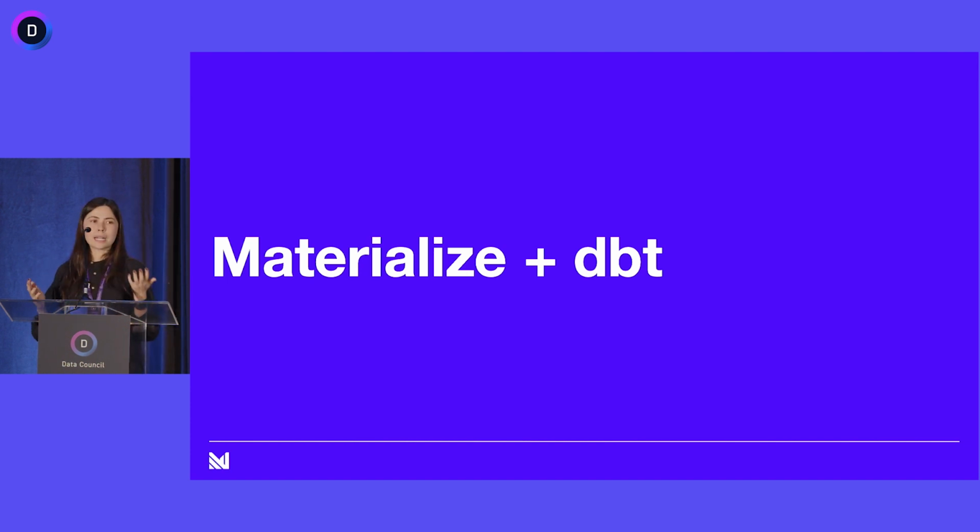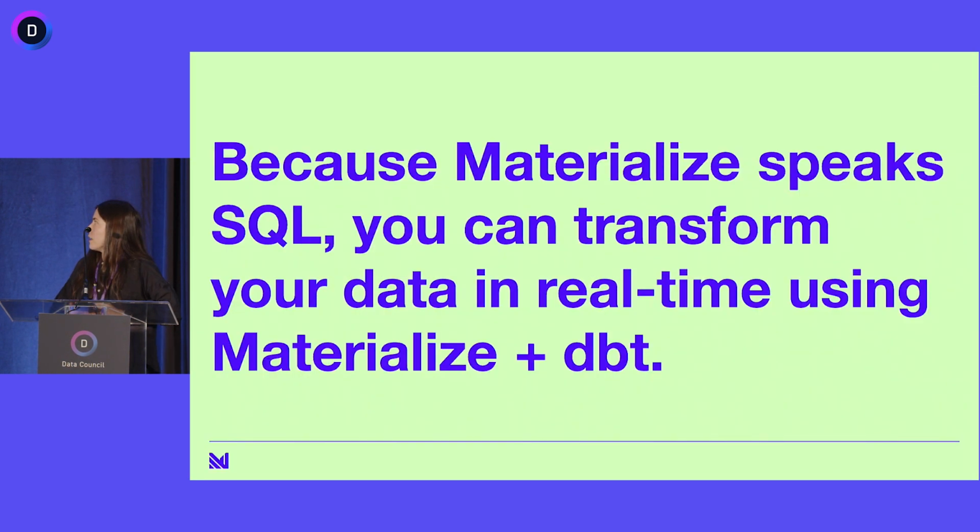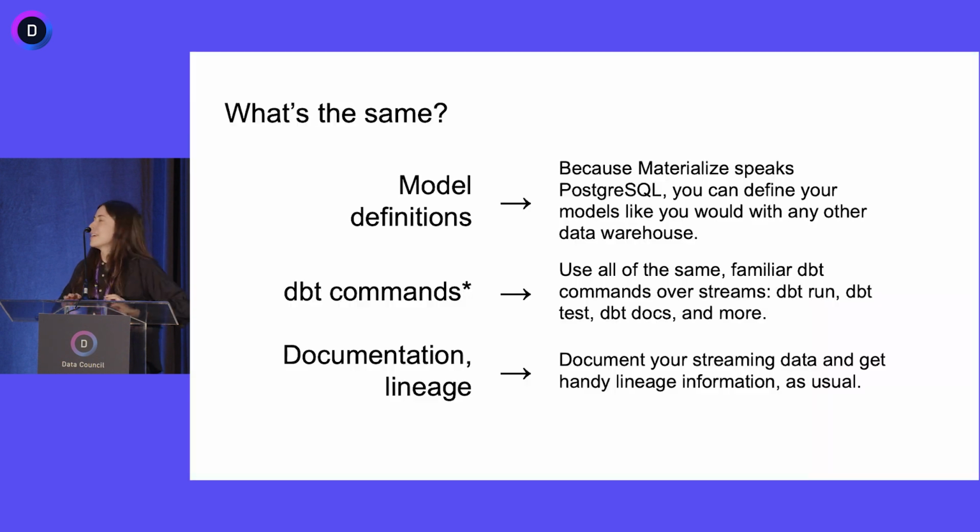So you could pretty easily create sources and materialized views and push data out to external systems, all by handwriting some SQL queries. But there's often a better way to do that, and that's with dbt. So if you're familiar with dbt, you probably know that until recently, dbt only transformed batch data in batches. So you might be wondering, what is different with streaming data, and how does that actually work in real time?